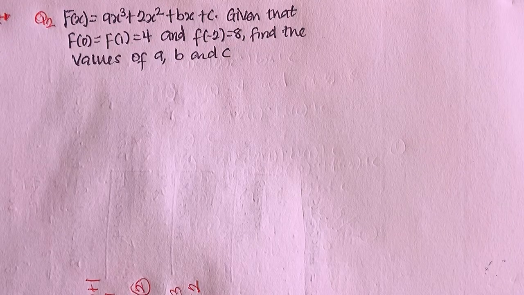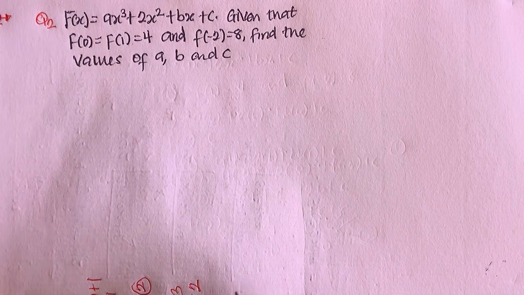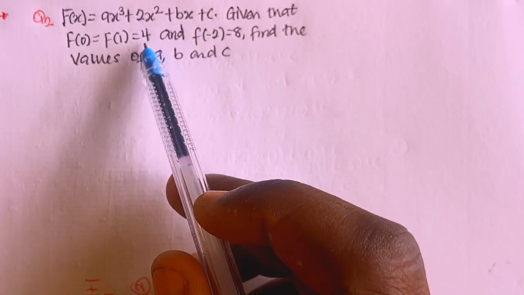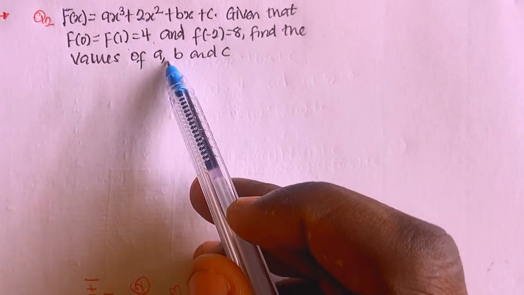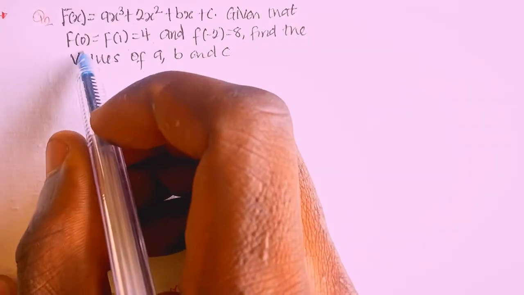This is the next question I'm mapping here with me. We are given f of x equals to this, right? And given that f of 0 equals f of 1 equals 4, and f of minus 2 is equal to 8. Find the value of a, b, and c. Right? So what we are going to do is that the first thing that we have, the first function is